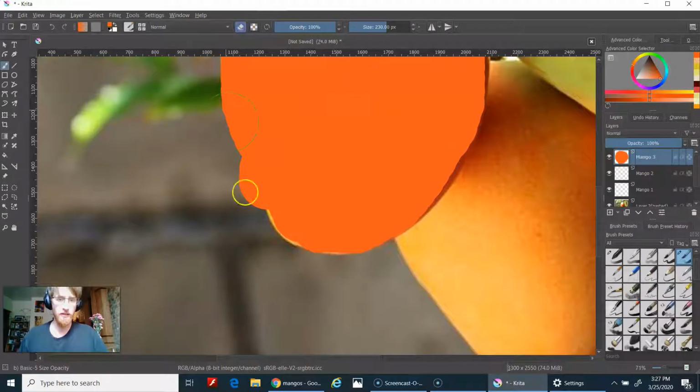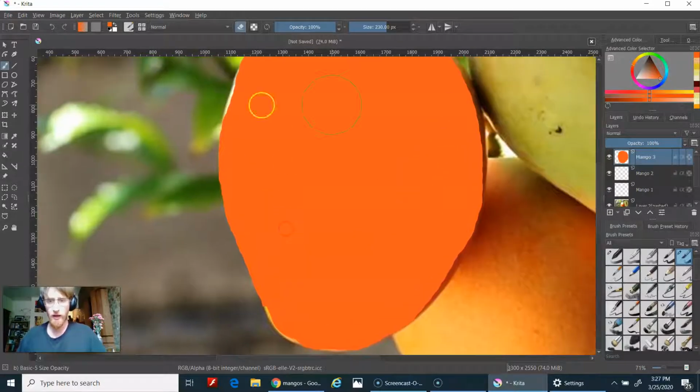If you need to erase something, say for instance you went over it, just click on this little eraser feature and that will turn any brush into an eraser, which is a super powerful tool, especially when you get into adding texture or shading, because you can make soft erasers, hard erasers, those kind of things. So I'm going to go up to this edge